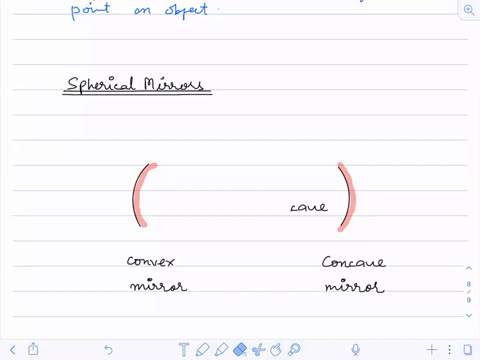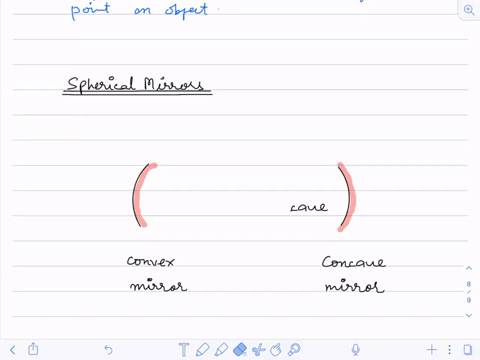Sir, if a full sphere is convex. No, you don't decide with that. Because if you take a full sphere and you don't paint it, you don't know from where the light will be entering, so it will go inside. Imagine a sphere: from one side the light will come, and if you have not painted it, the light will pass through it. I'm talking about glass. I'll explain how to identify convex and concave, don't worry.